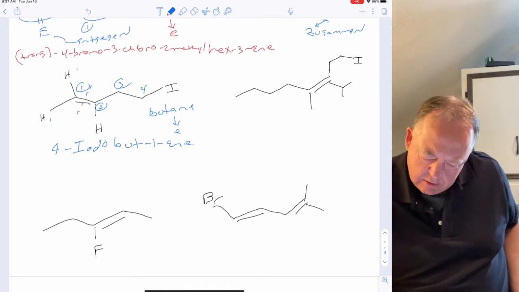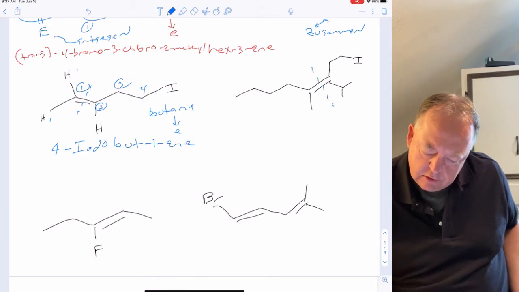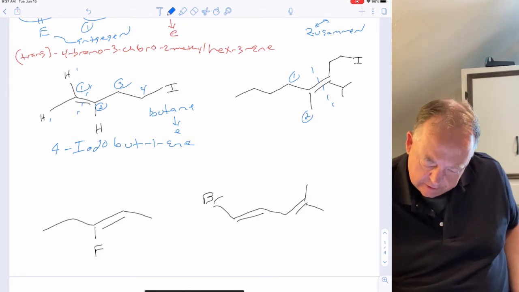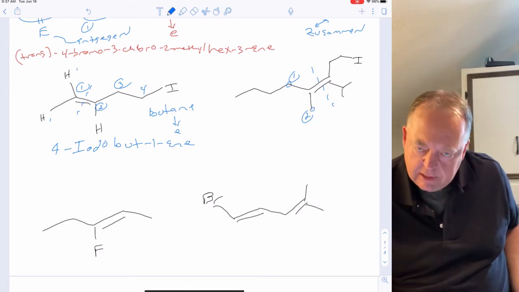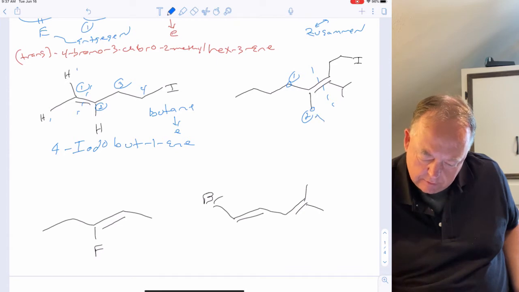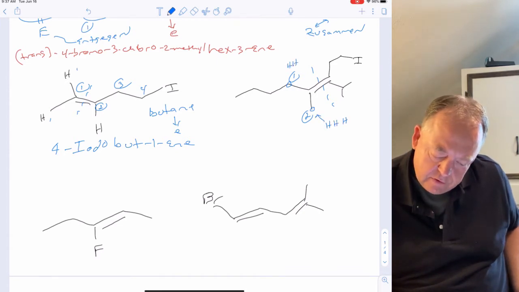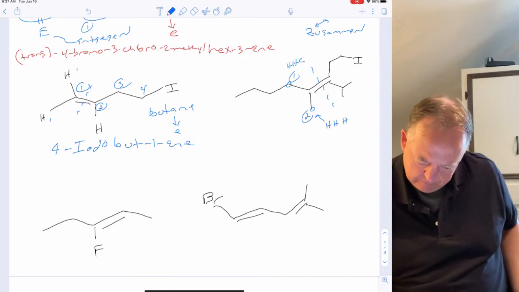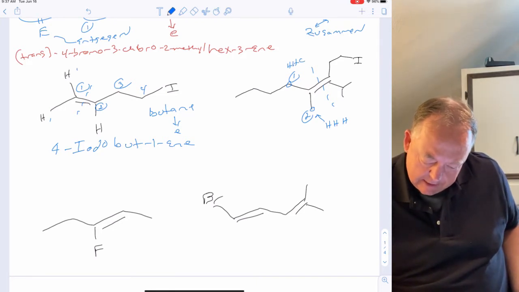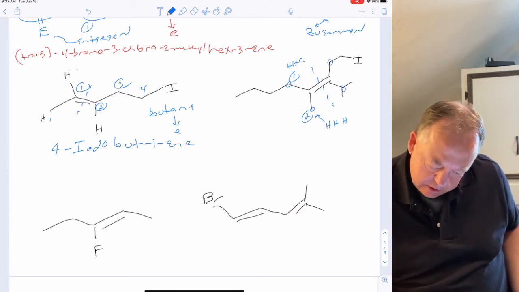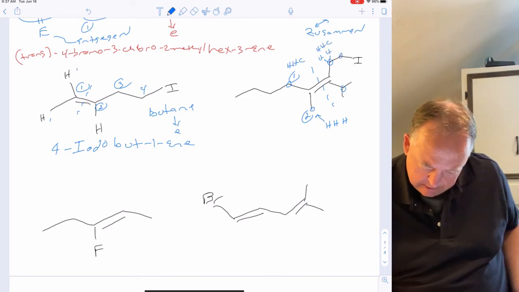Okay, so this one, cis and trans, so we split the double bond. That's going to be number 1, and that's going to be number 2. Right, so we go to carbon and carbon. Those are the same, so you go to the next positions, right? This carbon would have 3 hydrogens attached since it's a methyl, and this one would have 2 hydrogens and a carbon attached. And on the right side, we go to carbon and carbon. That's the same, so we go to the next position. This carbon has 2 hydrogens and a carbon attached, so this carbon goes to HHC,